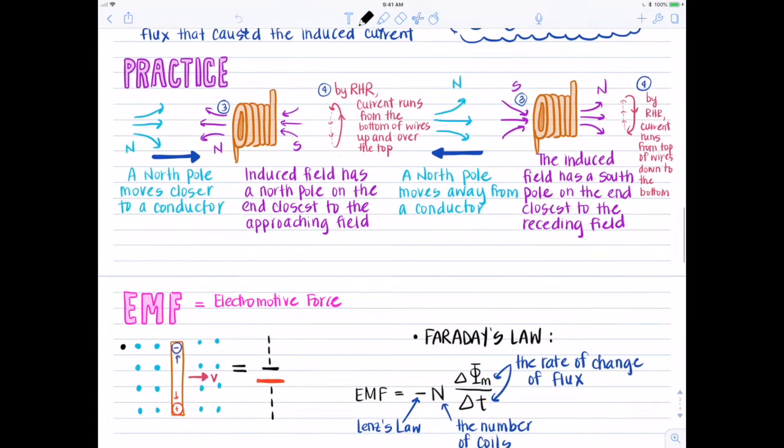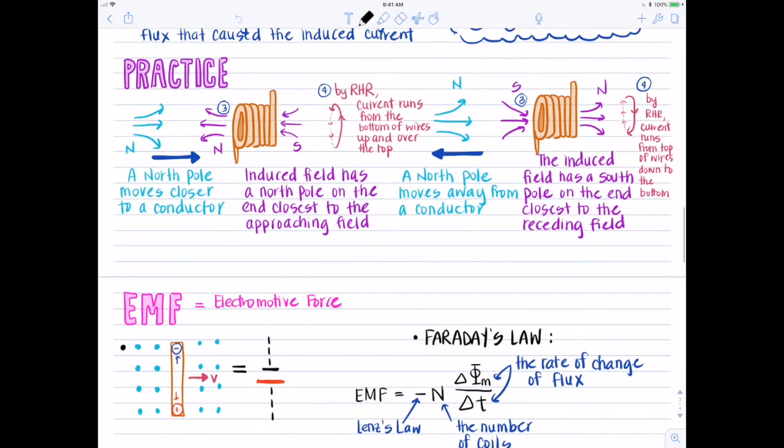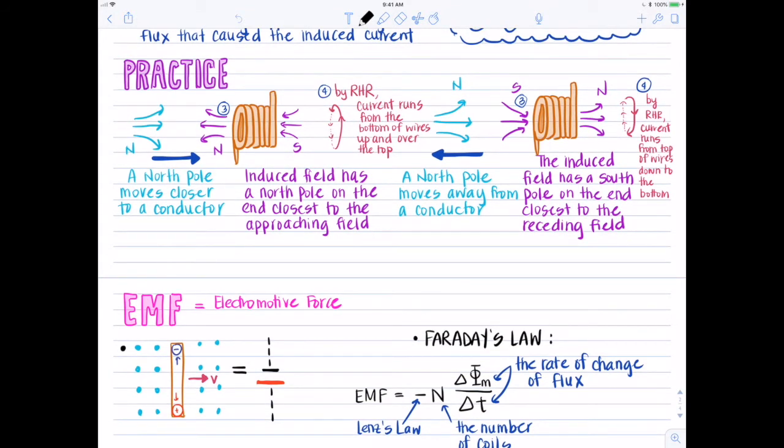Now, we've talked a lot about electromotive force, or EMF. And so now we're actually going to break down what that really is and how it applies to us in this unit. So the reason that a magnetic field with a conductor nearby with a changing flux will result in an induced current is because,